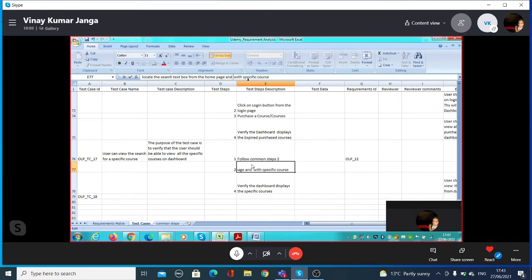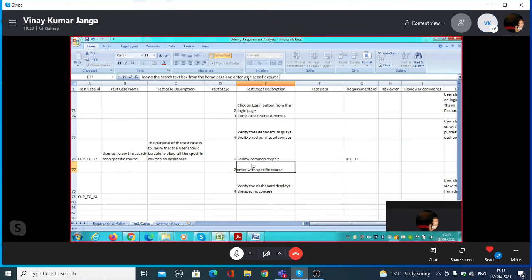So what would be the specific keyword? Exactly, you need to put it in the test data: search for Selenium or WebDriver. Here comes the test data. No, this is a different step. You don't bunch together. One step should be one thing.